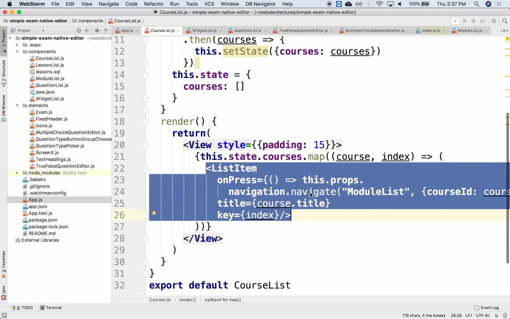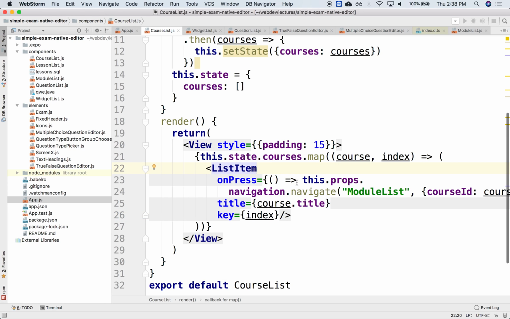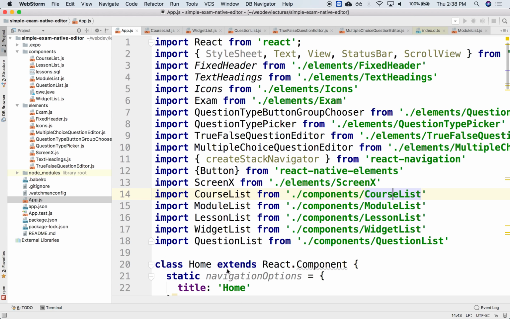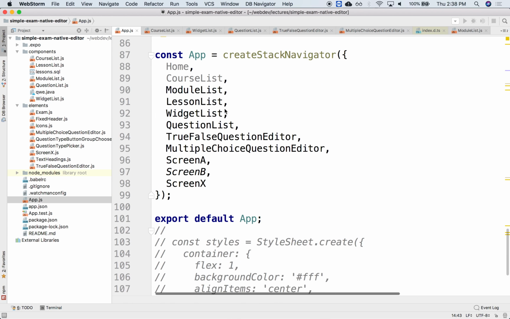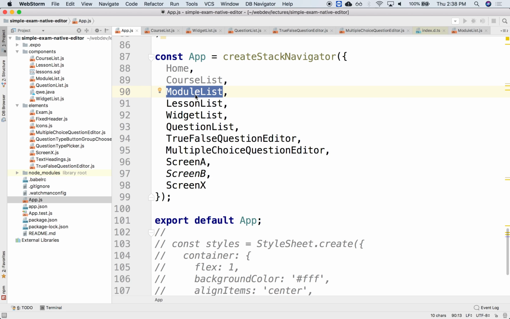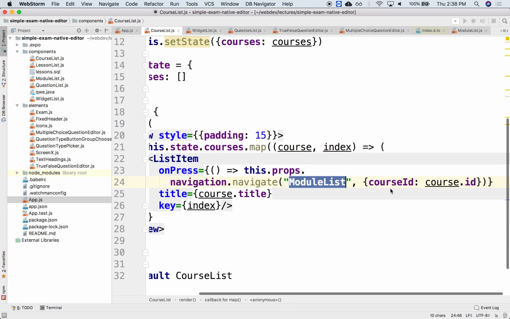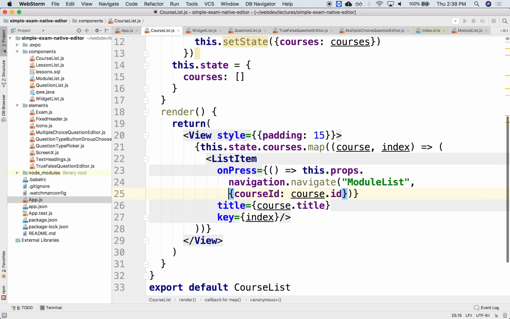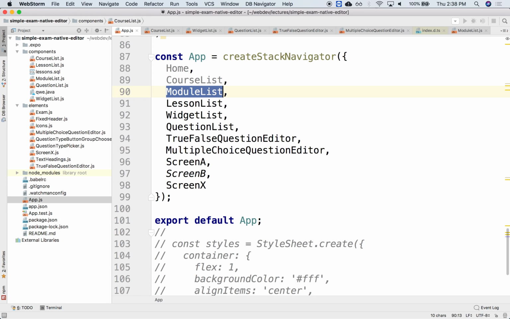Notice that this also has an onPress that will navigate to the module list, which is declared in the stack over here. So it's going to be rendered right there. We're going to navigate to the module list, and when we go to the module list, we pass as argument the course ID as well. So in the module list,